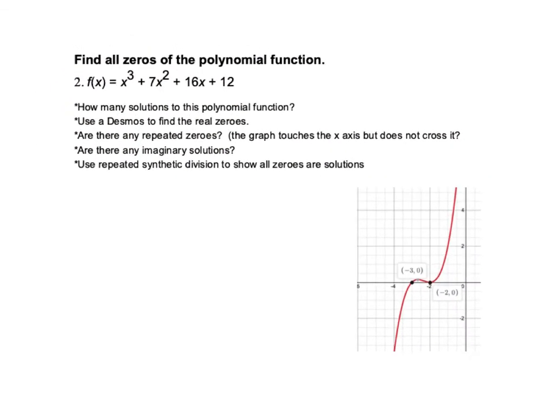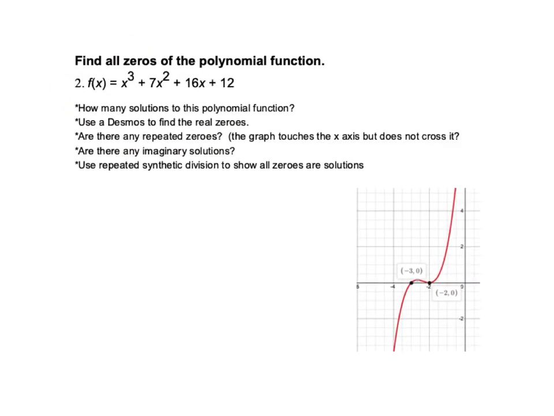Okay, so the first thing we're going to do is look at our problem, and we say x to the third plus 7x squared plus 16x plus 12. Normally we would say, oh, there's 4 terms, let's see if we can factor by grouping. But if we factor by grouping, it is not going to work out where you're going to be able to find solutions that way. So what we can do is we can actually put our equation into Desmos, and I